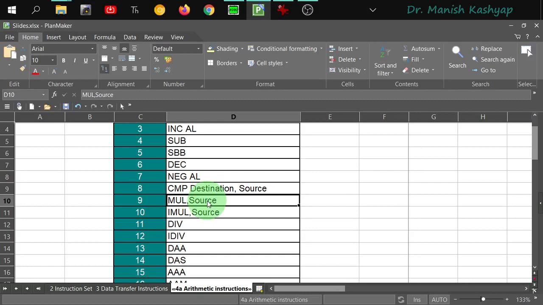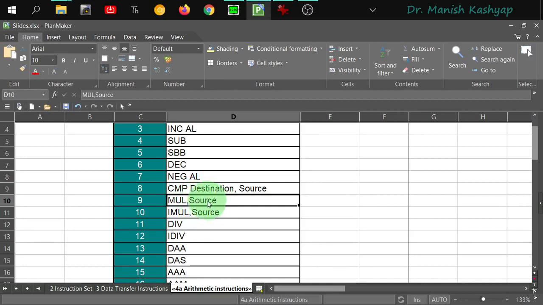That default register in case of 8086 happens to be the AX register, right? So if you are accomplishing a one byte multiplication, that means your source register is of 1 byte, then in that case you do not have to use the complete AX register, you have to use only the AL register, right? And after multiplication of AL and this 1 byte source register,